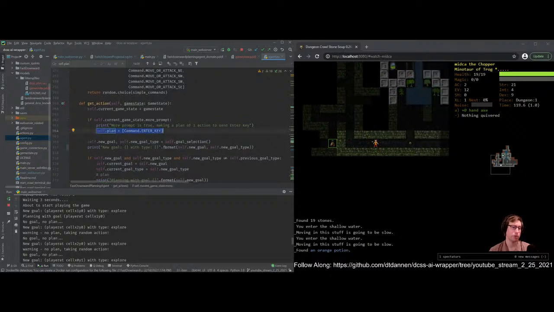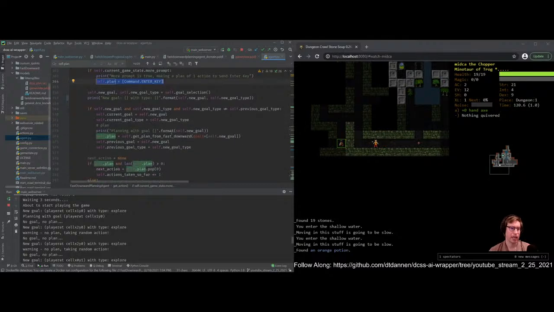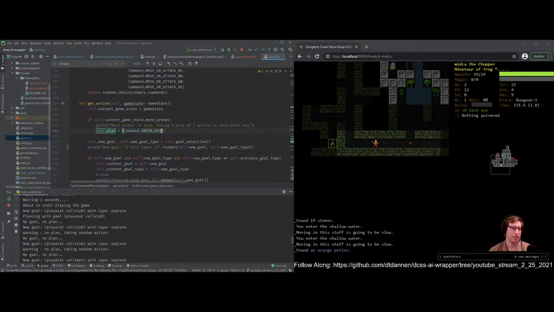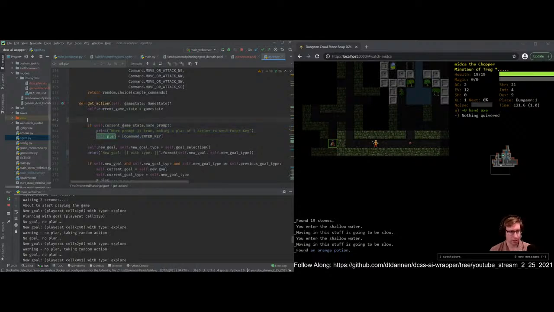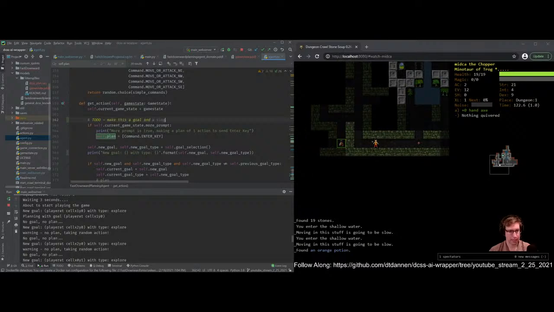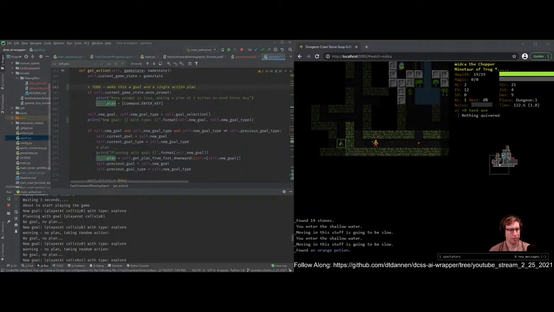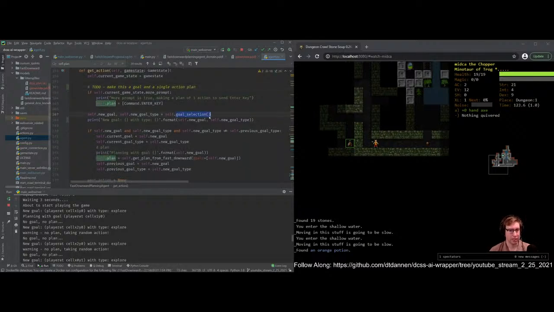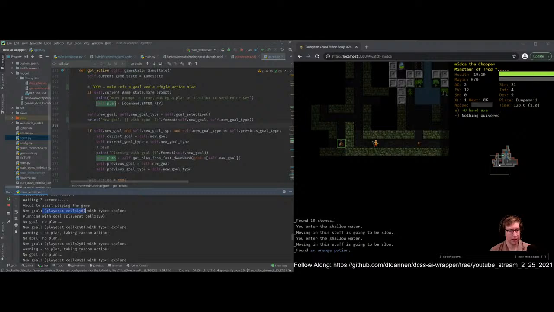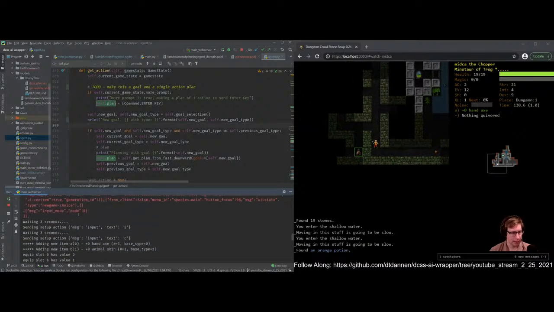So this is if it's a more prompt. And in some sense, this should also be its own goal. So maybe let's make a note to do: make this a goal and a single action plan. That way we could put that into goal selection and we could have a really clean interface here. Now, it says new goal is a player at, and